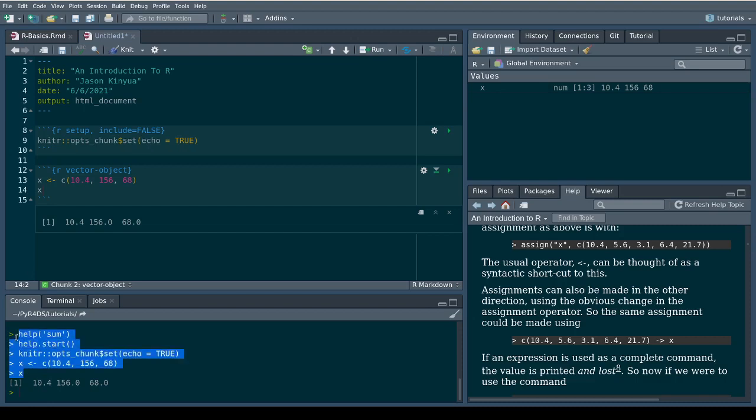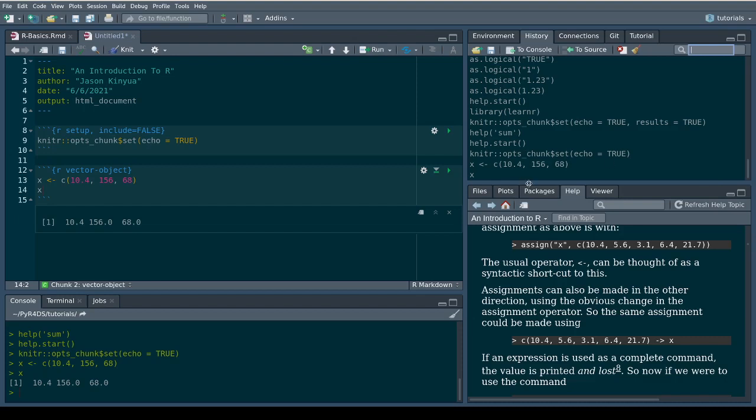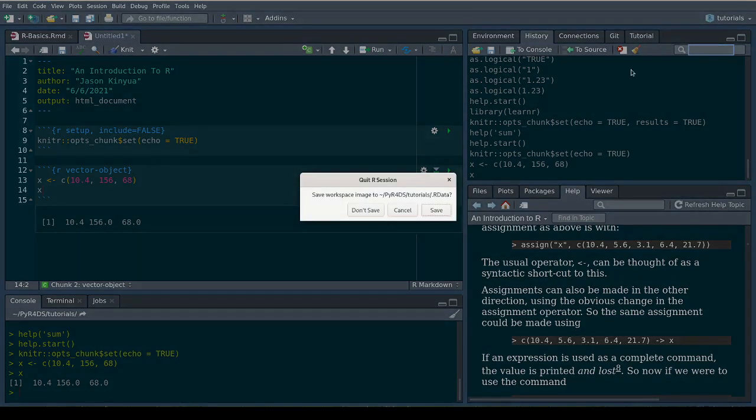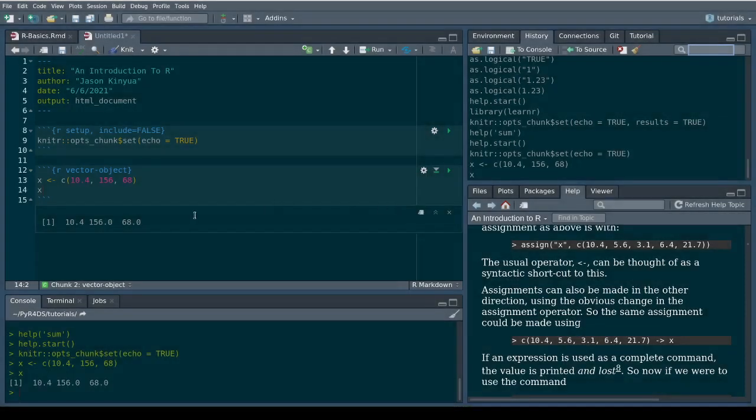We are seeing a trace of what we have been doing, and when you come again in the history tab, it appears there. So the next time when you are quitting RStudio, you'll get a prompt of whether you want to save this data or not. Let me show you this. When you want to quit, you get this prompt. Do you want to save R data and all that? If you say save, it will save this history and R data. So the next time you start the session, it will start with all the session data. But for now, because I don't want to quit, I'll go for cancel.